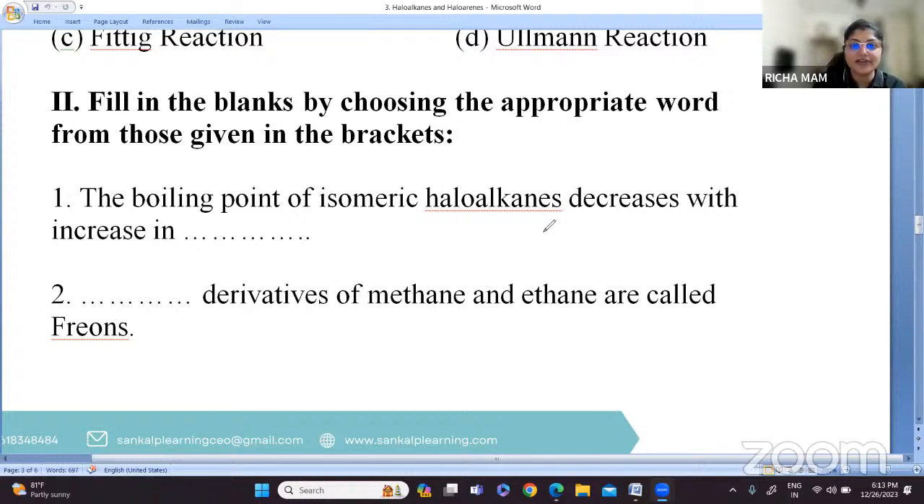So which derivatives? The answer is chlorofluoro. Chlorofluoro derivatives of methane and ethane are called as freons. Next,